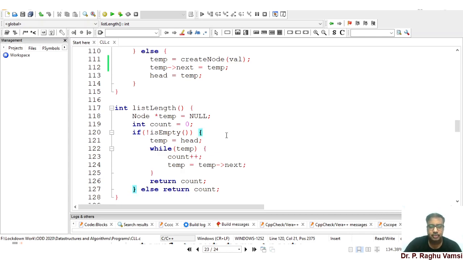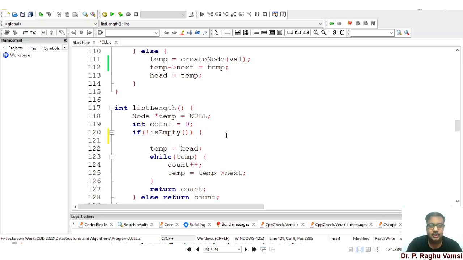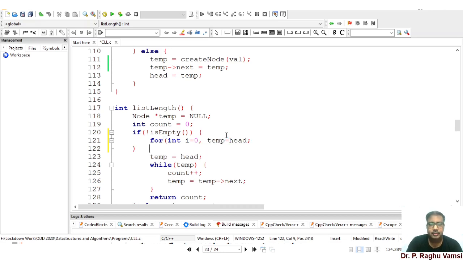We may use a simple for loop like this: for, temp is equal to head, and temp next not equal to head.